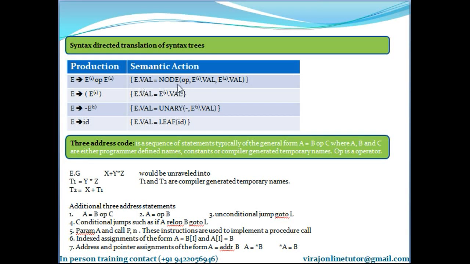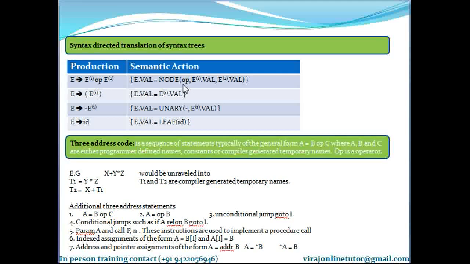For this, E.val is a translation whose value is a pointer to a node in the syntax tree. Function node has three arguments: operator, left argument, right argument.